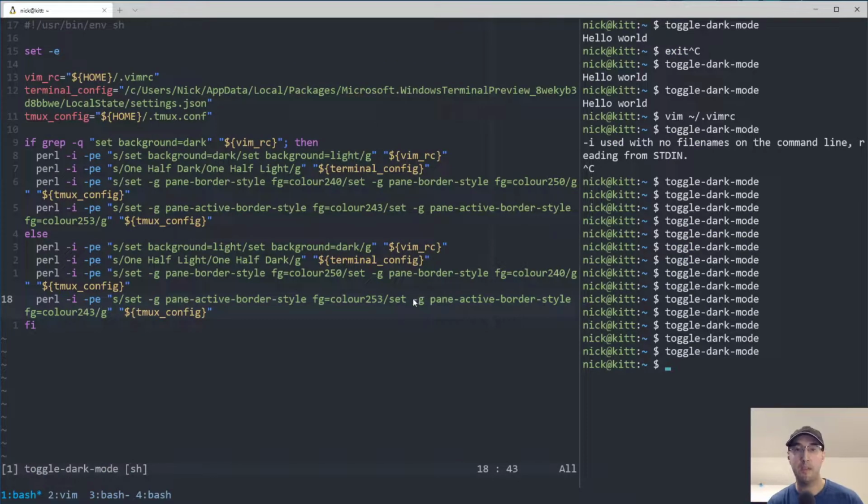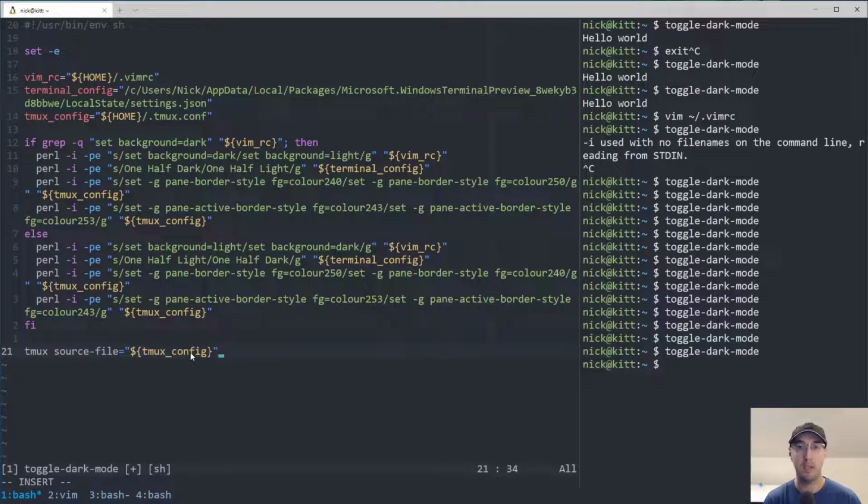But maybe is there a way to send leader R here so that that happens automatically, because I don't want to have to do that manually. That's sort of annoying. So I would want this to happen regardless of what condition is matched. I want this to happen to both. So maybe I can just do something like tmux source file, and then that is going to be the tmux